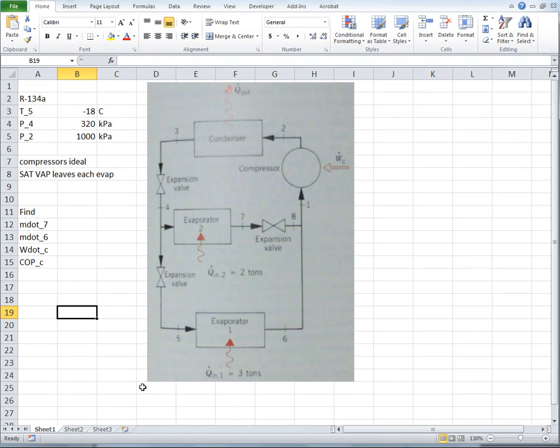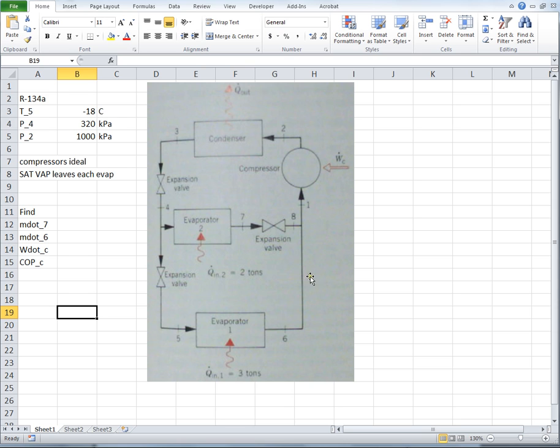Okay, I'm going to work an example of a refrigeration cycle, and one that's a little bit different, maybe just to give you some idea about how to work through a problem that is a little bit different. So I'm going to just talk over the screen here, and I hope that will be adequate. But what you should see here is